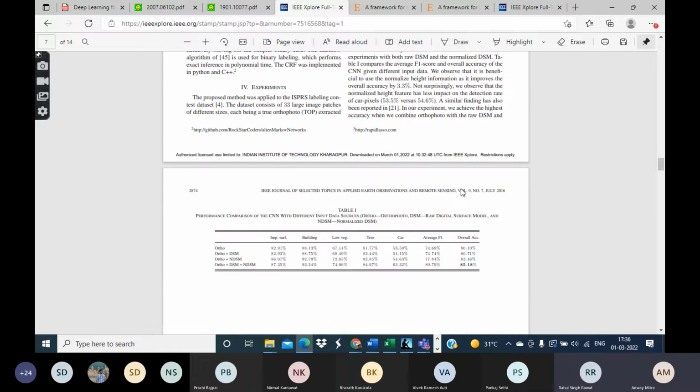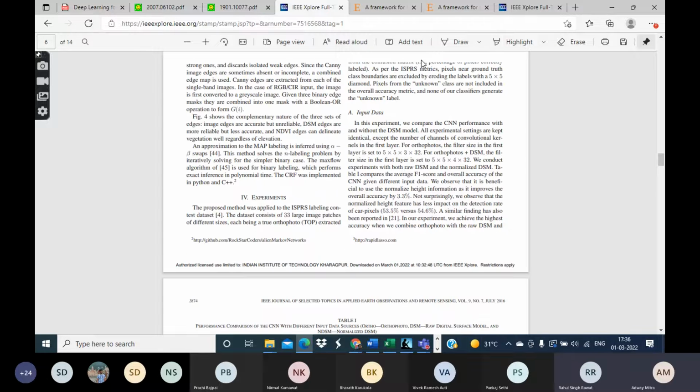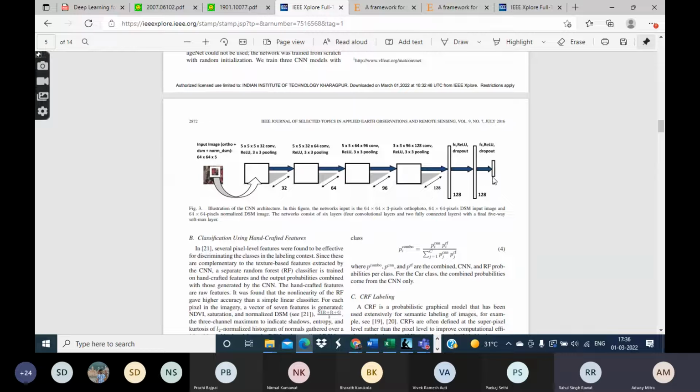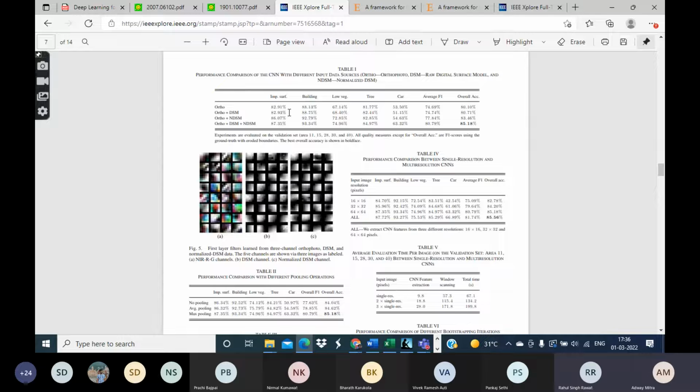Basically, the whole thing is explained, how they do it, and the results are given for each of the different approaches for each category. There are 5 categories: the surface, building, low vegetation, trees, and cars. They were earlier talking about this 5-dimensional probability distribution, so these are the labels that they correspond to. For each of the classes they have shown the accuracy, or maybe the precision,